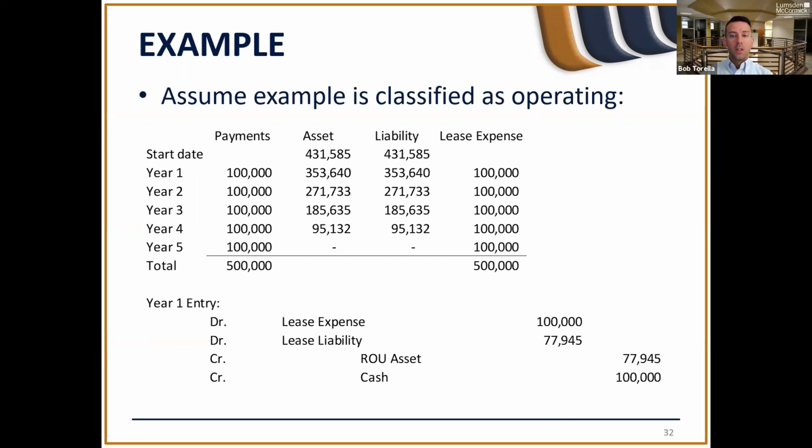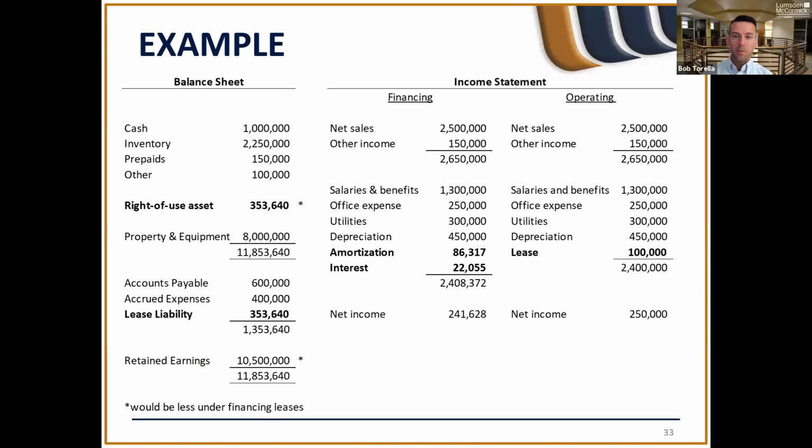Okay. So now we've gone through a quick example. Let's see how it would actually look on your financial statements. All the way to the left, you'll see a balance sheet. Again, we'll keep this simple and we don't have current portions, but you would recognize your right of use asset and your lease liability. Now, this one is presented as essentially an operating lease, because in a financing lease, your right of use asset would be slightly lower because that's amortized on a straight line basis, as well as your retained earnings would be slightly lower because, with a financing lease, your interest expense would be a little higher in year one. And this is where you can see on the income statements to the right-hand side of the slides. We'll look at a financing lease and an operating lease.